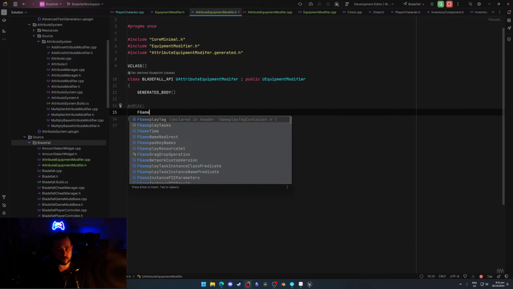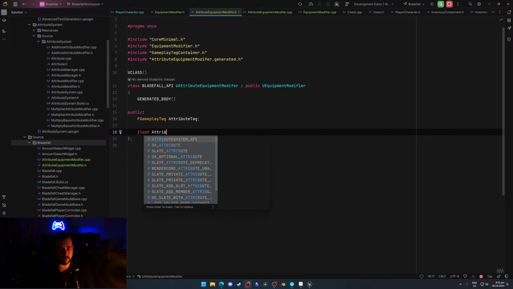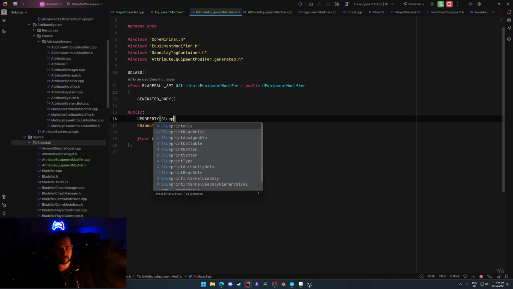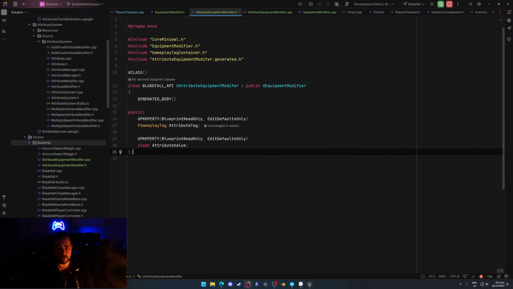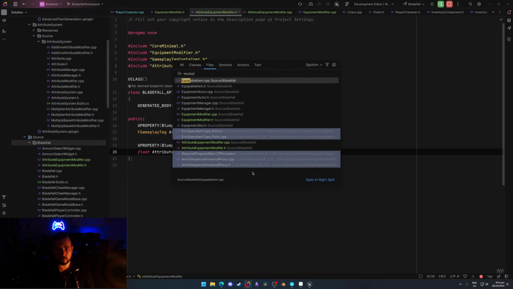a gameplay tag, attribute tag, and then, no, not uFunction, uProperty. Blueprint read only, edit defaults only. Okay, all right, so we got that. That will be good. And then in the equipable item